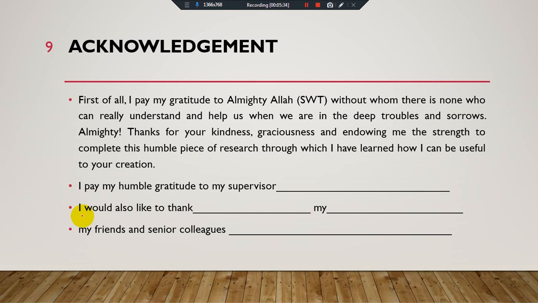Almighty, thanks for your kindness, graciousness, and endowing me with the strength to complete this humble piece of research, through which I have learned how I can be useful to your creation. And after that you provide your gratitude to your supervisor, your parents, your colleagues, your friends and family, and somehow you can provide thanks to your better half as well.